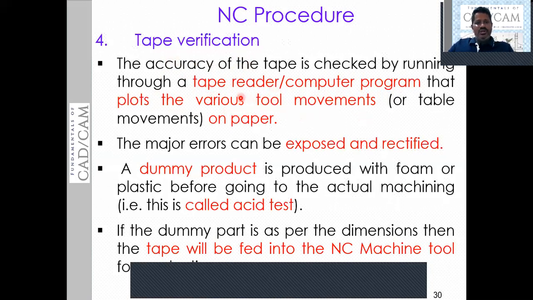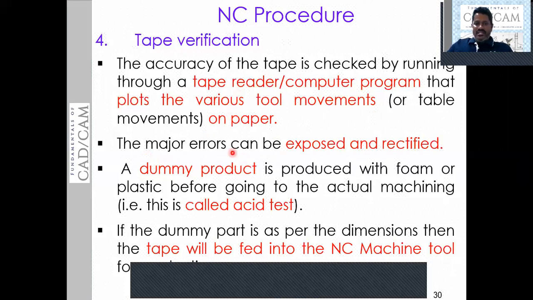In this step, we read the tape, which has the program coded on it. It will be read by the tape reader, or by a computer program in the case of a CNC machine, and it is going to plot the various tool movements on paper, just to assess the accuracy of the component that we are going to manufacture.